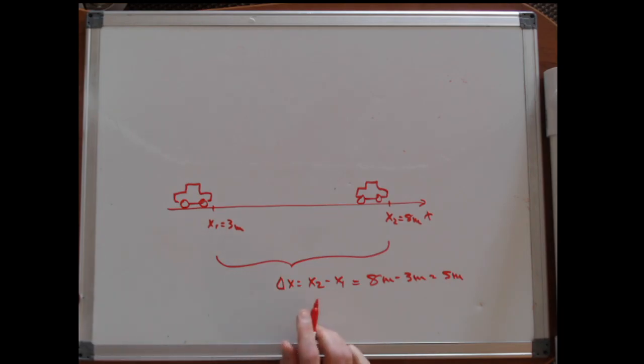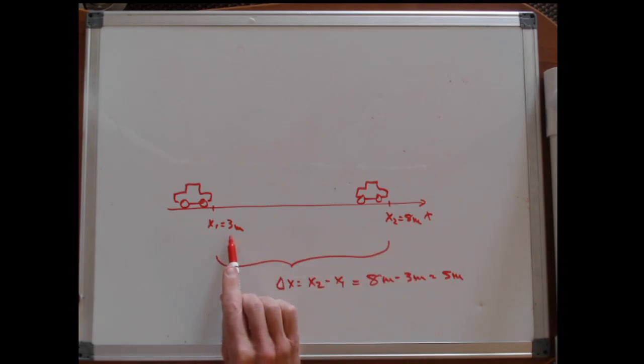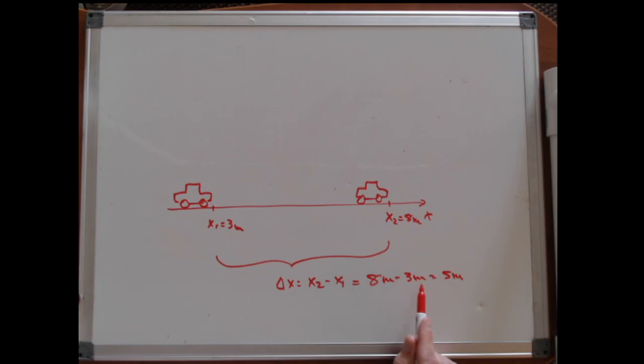Now you can play around with this and say, well, what if this was x1 and it was going this way? Then x1 would be 8 meters and x2 would be 3 meters, and it would be 3 meters minus 8 meters, which would be minus 5 meters. And so my displacement would be minus 5. But in either case, the distance traveled,